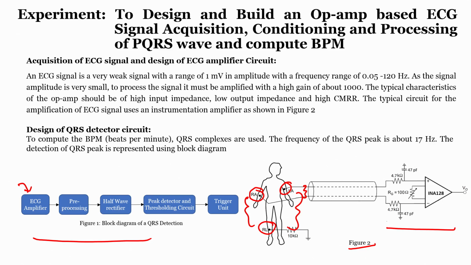Moreover, the other advantage is that instrumentational amplifiers can provide higher gains to the system. Since the amplitude of the ECG signals is very small, we require a proper amplification stage too. So, the instrumentational amplifier can be used for all these purposes, so that the required gain can be set using our instrumentational amplifier. So, in the ECG amplifier stage, we will be using an instrumentational amplifier because of these advantages.